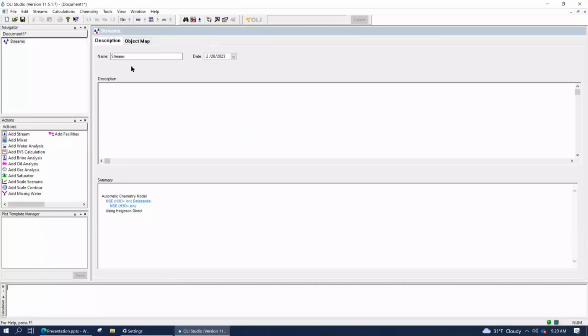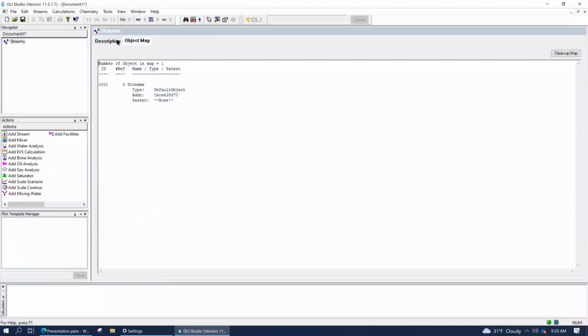Okay. Now, middle screen here, this middle panel is the main worksheet. And the purpose of the main worksheet is where you enter your data and you do your calculations. Right now, there's not a whole lot shown on this, and we'll take a look at it in just a second. But you'll notice on this worksheet that you're going to have multiple tabs. And there are about maybe half a dozen types of tabs that you can view, depending upon what calculation you're doing or what stream object or what object you're looking at. And we'll take a look at all of those tabs during the course of the day.